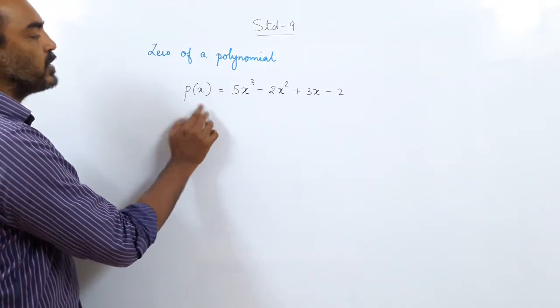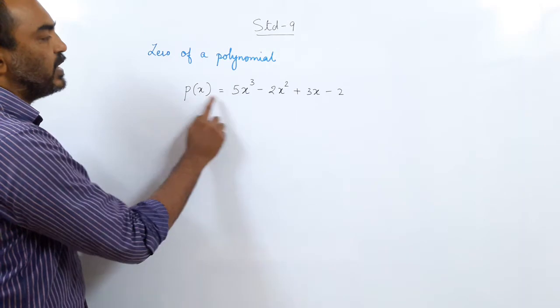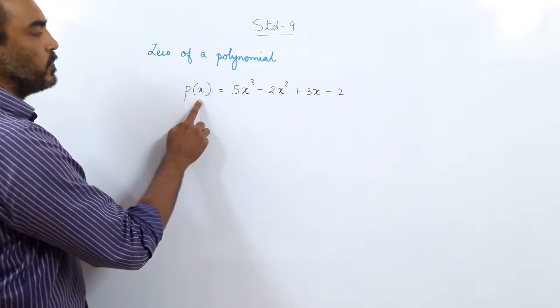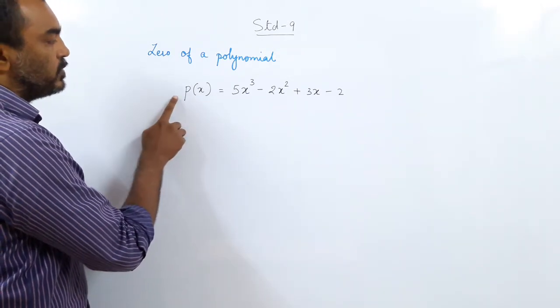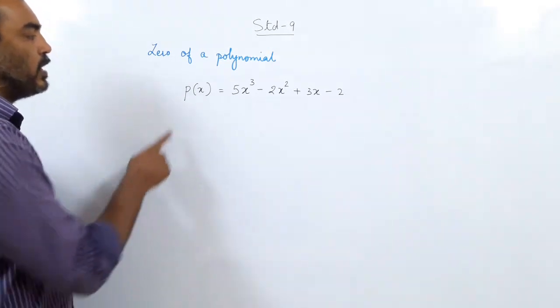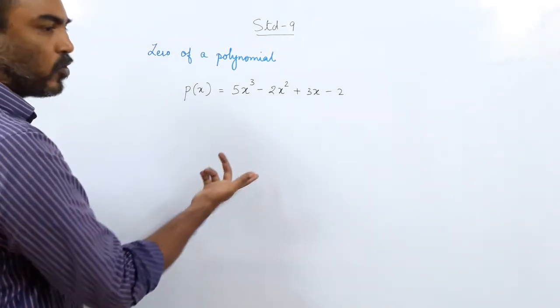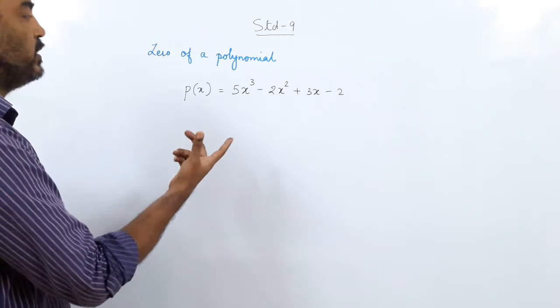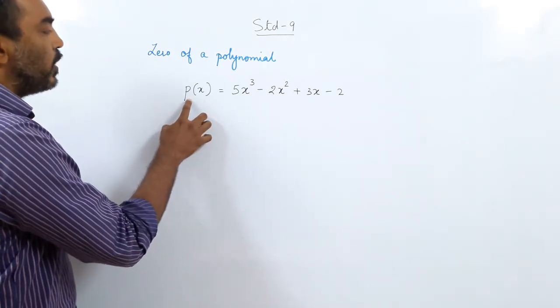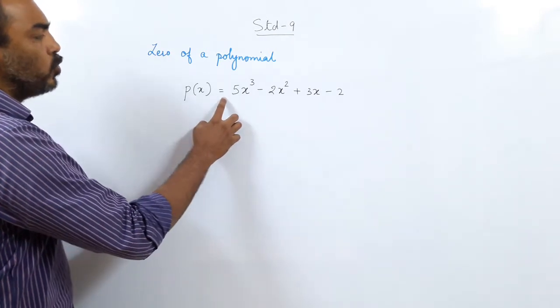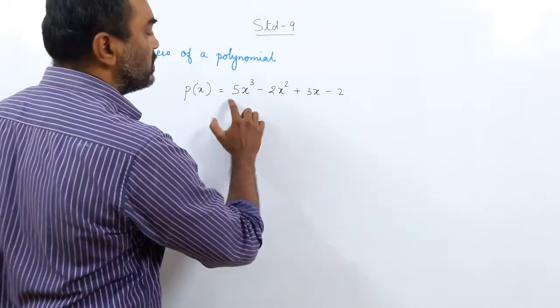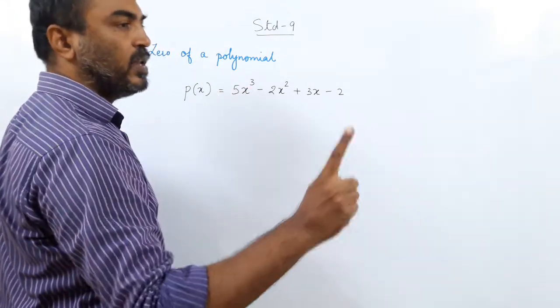Why is it written p of x? It means there is only a single variable, which is x. Are you following? Here this p is a letter; you can write p of x, q of x, r of x, s of x. What does of x mean? P of x means a polynomial in x. It means the only variable here is x. So this is the equation you can see in one variable only.